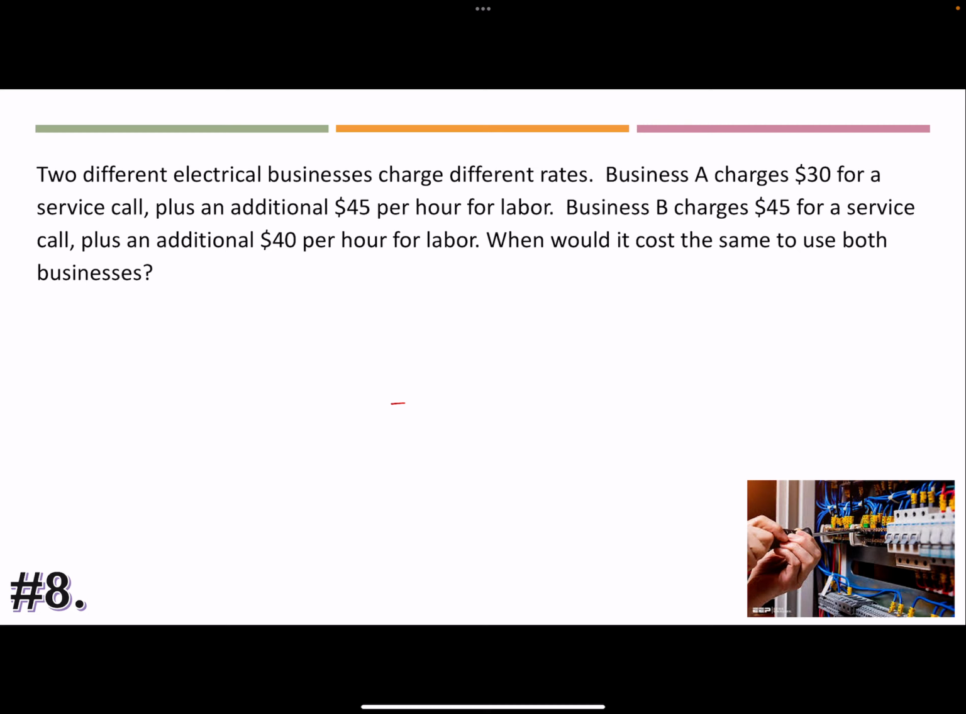So we're always going to start with defining our variables. Remember, variables are something that could change, something we don't know, something that we're looking for. What is the question asking you about? It's asking you for when, that's like time, right? Would it cost the same? So cost and when. And if I go back and read the information, the two things that I don't know are how long is it going to take and how much total is it going to cost. So my two variables are number of hours